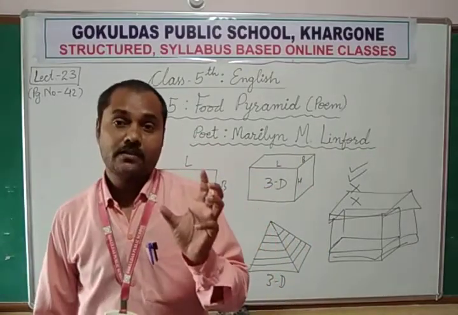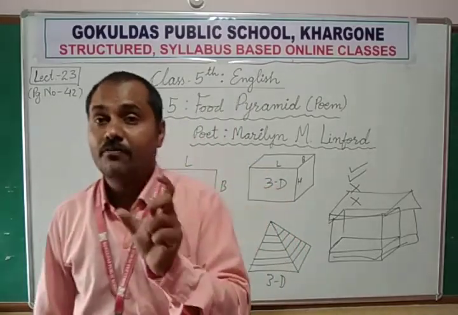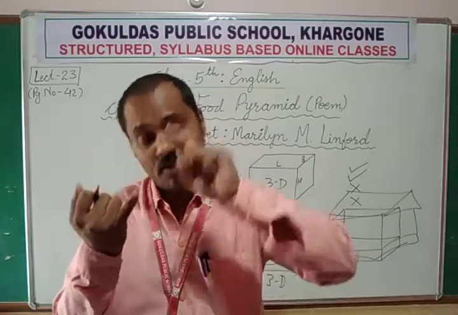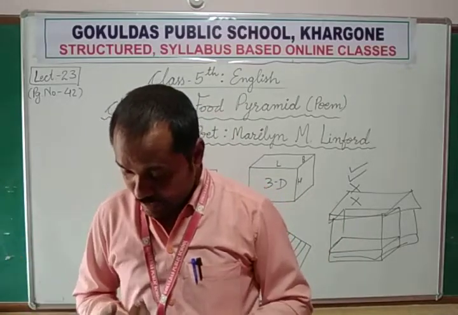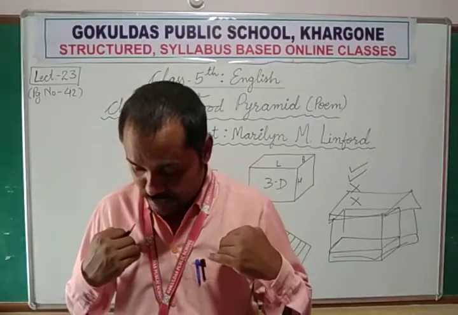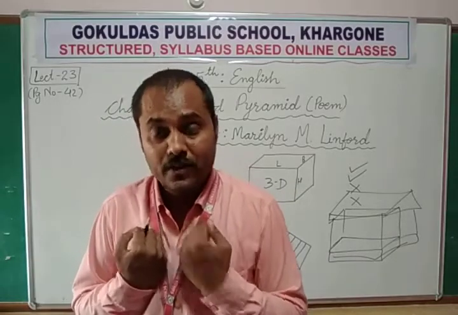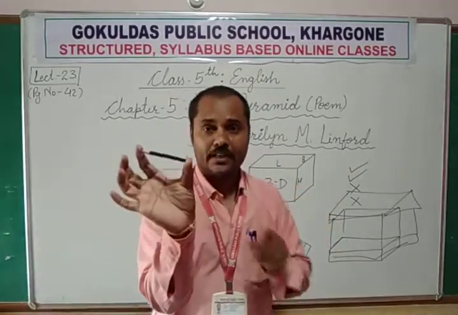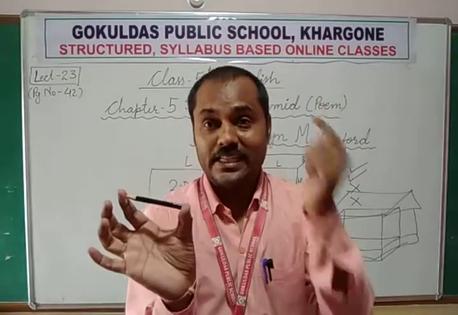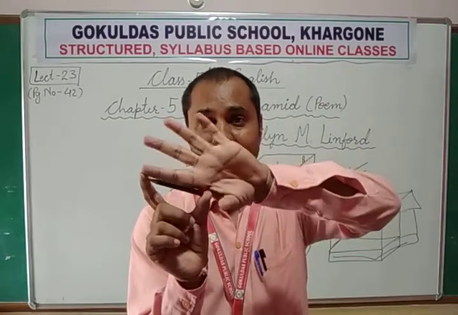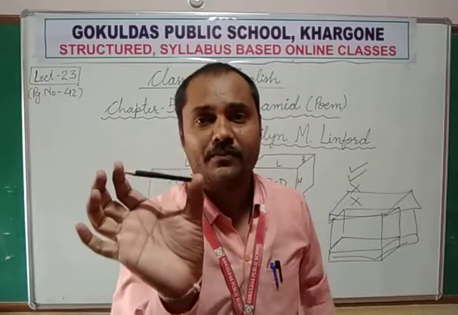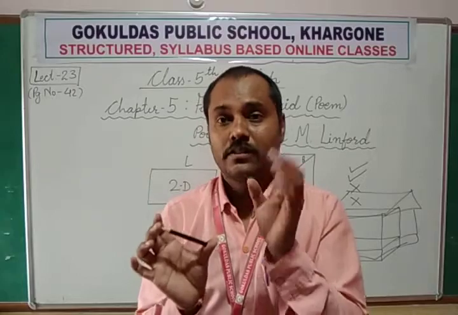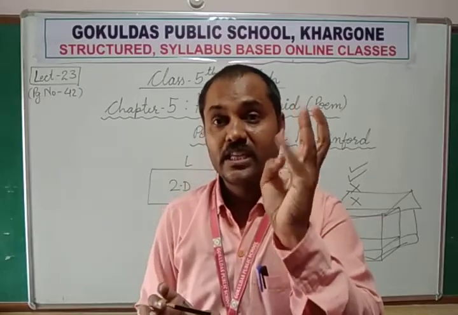So what is a calorie? Calorie is a unit of measurement of energy, to calculate how much energy I get from food. Just like if you want to measure the length of anything, you use your ruler scale. You place it beside this and you can measure that this is 5 centimeters long. So to measure length you use centimeters, meters, kilometers.